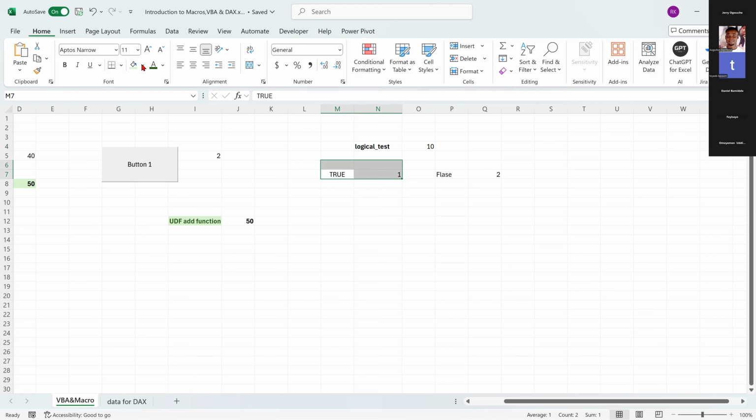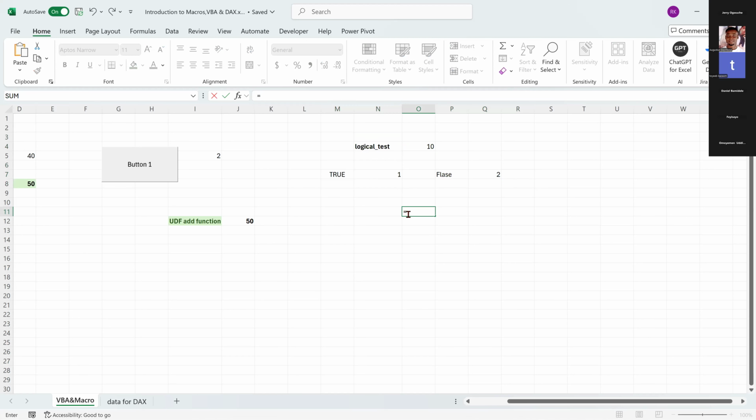Do you get it? Basically, my logical test will see if my value or my test is equal to the 10 that is here. True will generate the value for 1, and false will generate a value for 2. Basically, that's it. So let's say if that equals 10, if not,